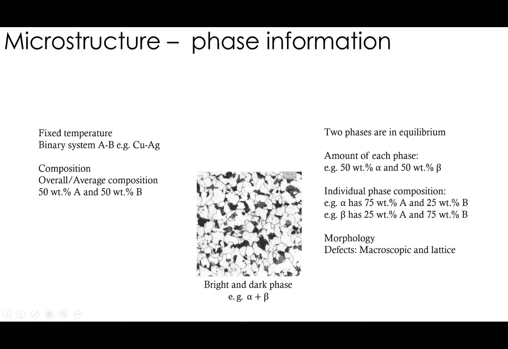And there can be defect structures inside. It can be macroscopic, like pores. In this particular picture, there is no pore. And it can be some kind of inclusion from outside. And it can be a lattice defect. This is much more atomistic. So when we have a grain, we know that inside grain we have trillions of atoms sitting in a particular crystalline structure, and there can be defects in that structure. But it's difficult to observe this kind of lattice defects, especially there are something called line defects. It is not easy to observe them under this kind of optical microscope picture. We need to go for higher resolution or higher power microscopes for that.